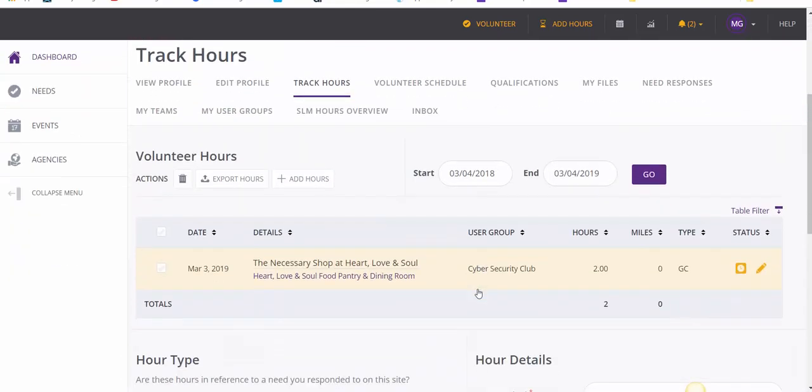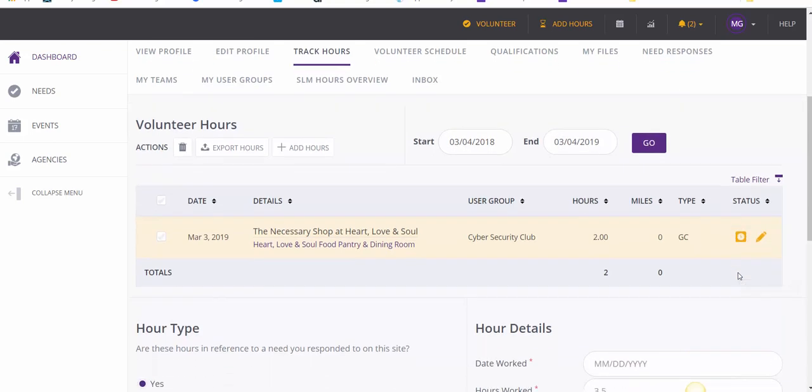And now when we look at our table, we'll see that the hours we just submitted are pending approval. When they've been approved, we'll have a nice big green check mark. While we're waiting for them to be either approved or maybe declined, we can edit the hours. Once they've been approved by the agency, we can't edit them anymore. So make sure that all of this looks right. You can export your hours from here,